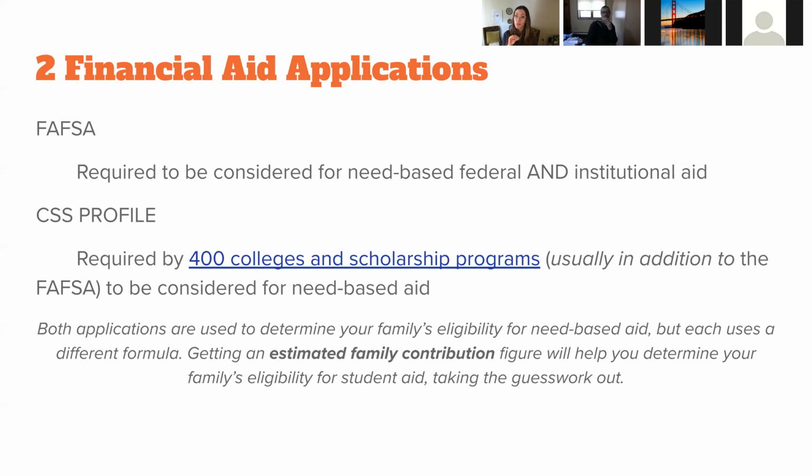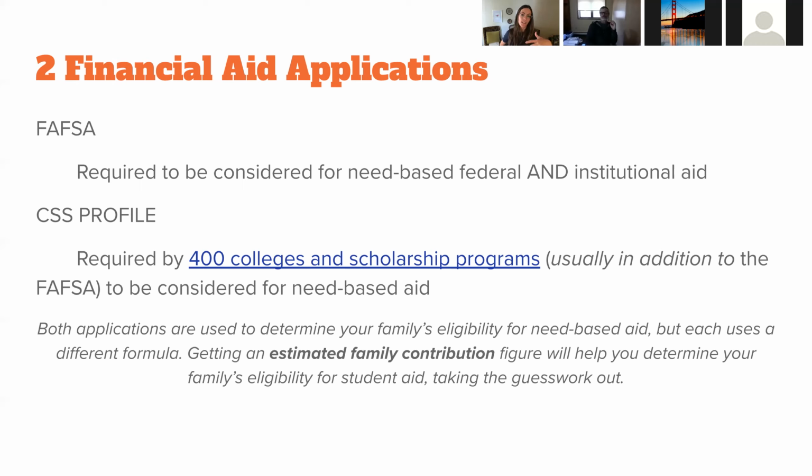There are a couple of you, I think on this call, I'm trying to remember, definitely last night, whose students have October 15th deadlines. This would be for like UNC Chapel Hill. The majority though are November 1st. So November 1st is the most common early deadline. You'd want to make sure to have the FAFSA and the CSS completed by then.